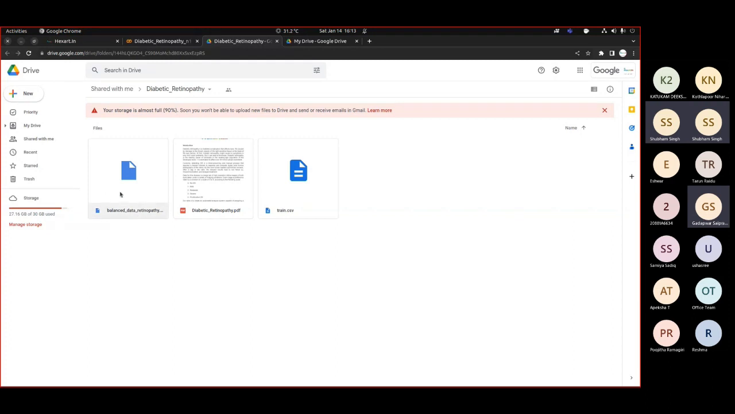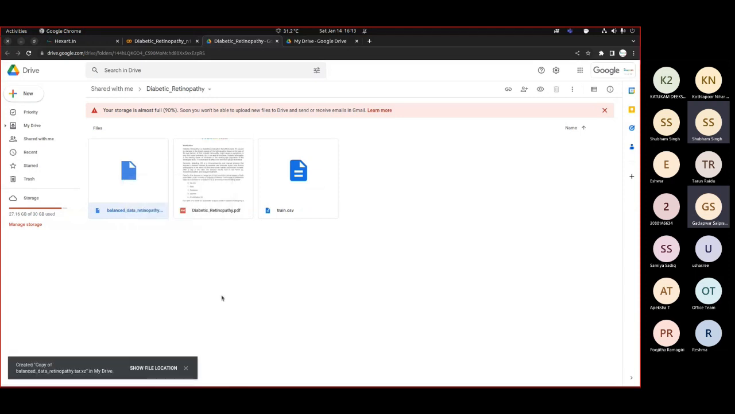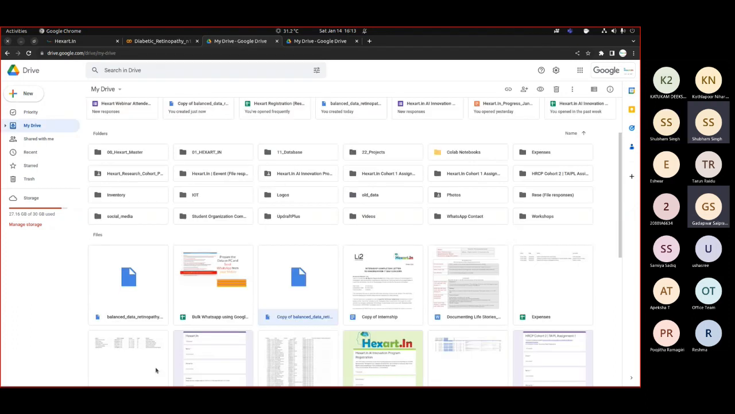Now, inside this, right click on the balanced data retinopathy and make a copy. When you do that and show the file location, this will make a copy of the dataset in your Google Drive. This is important because then we can use this data directly in our Colab notebook. Coming back to the Colab notebook,